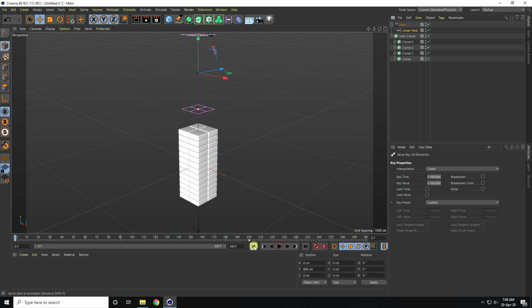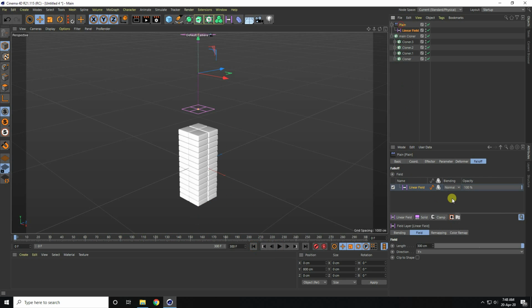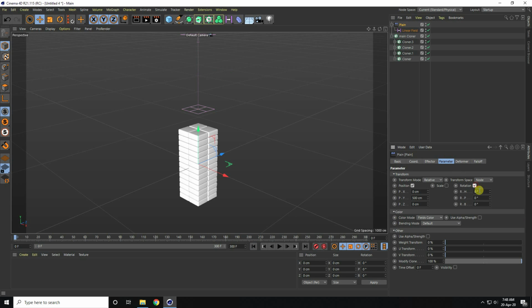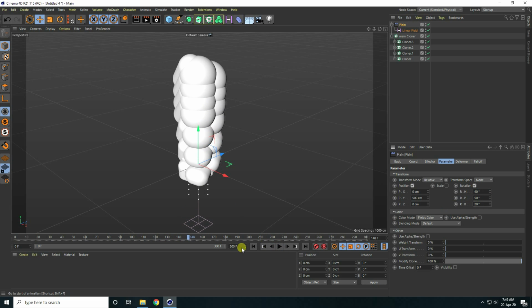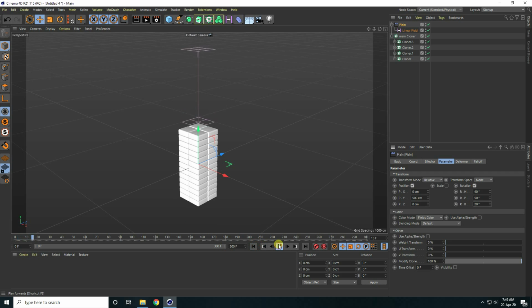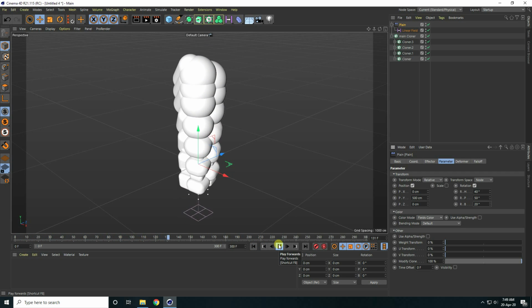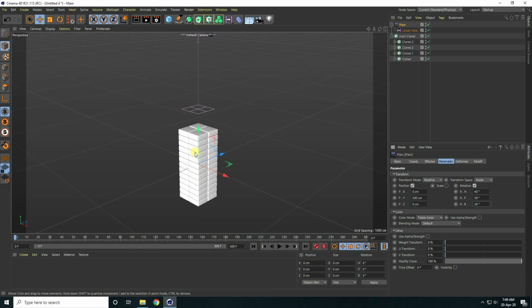Okay, so guys, now I change rotation. I show you that it's not necessary. So what happened? Yeah, much better. See guys, you can also change rotation. So go back and play. Yes, very nice.